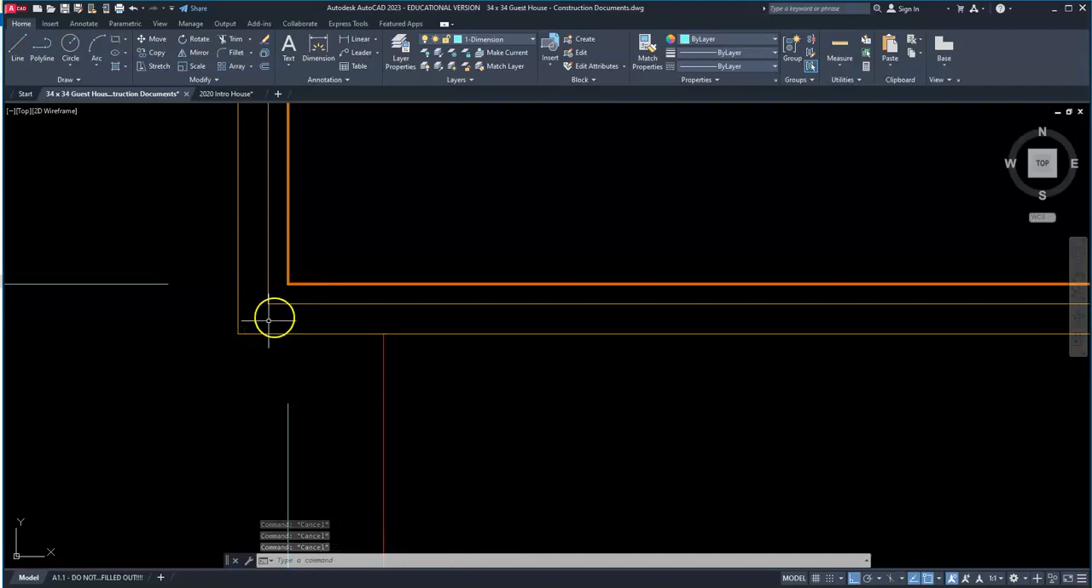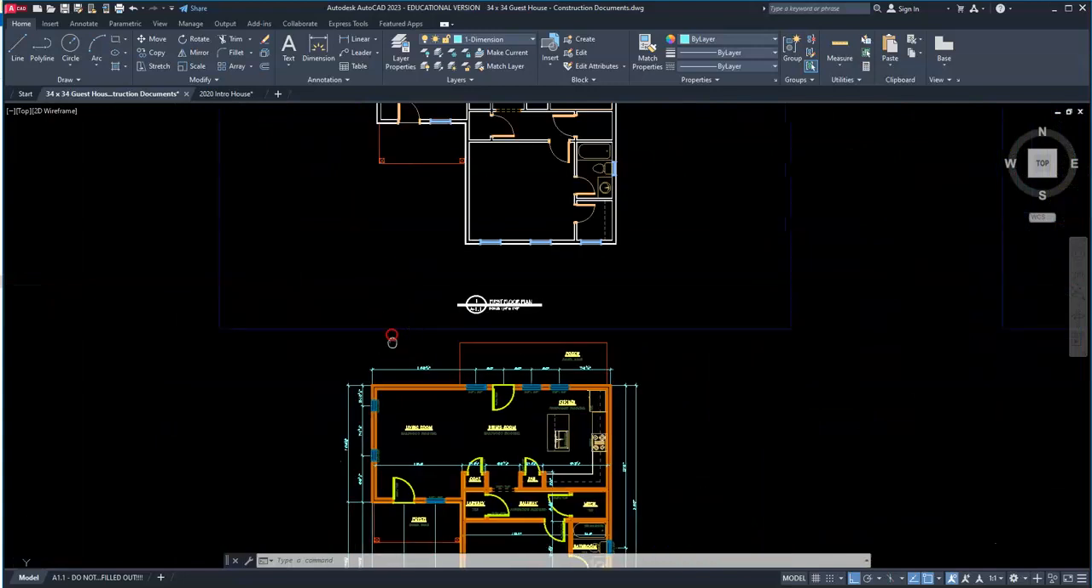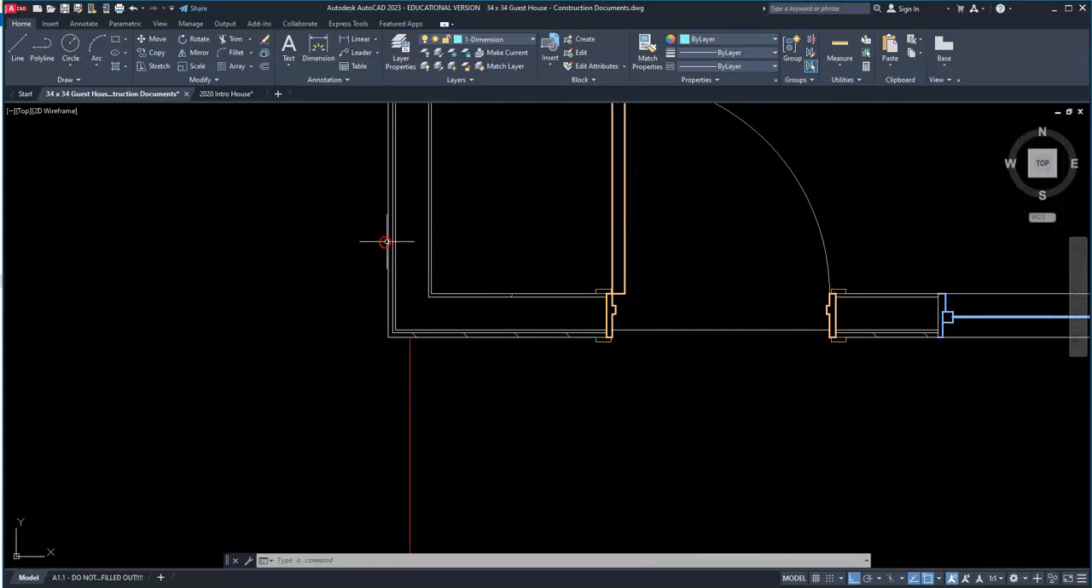If not, that's okay as well. Just make sure you're selecting the correct line. All right, so back up to our working model here. We'll click on the linear button,